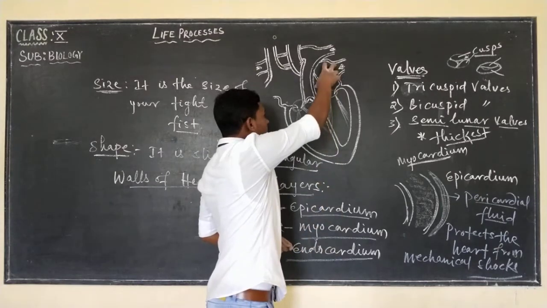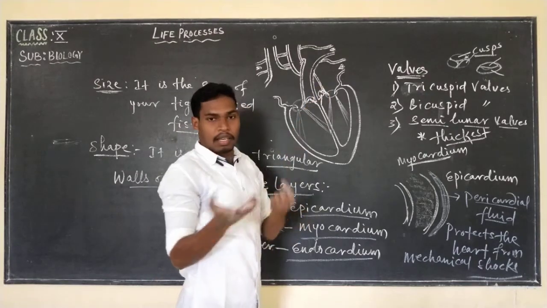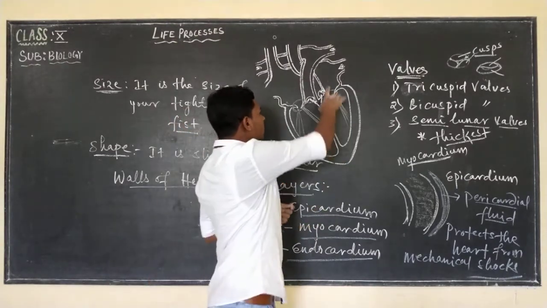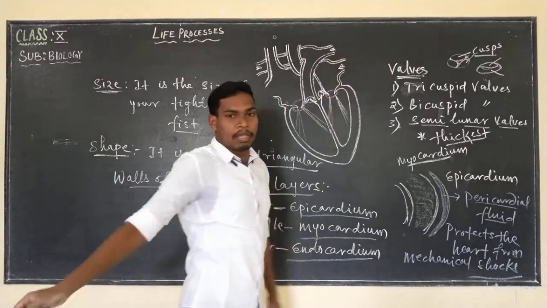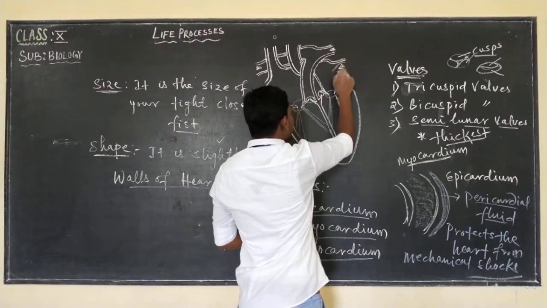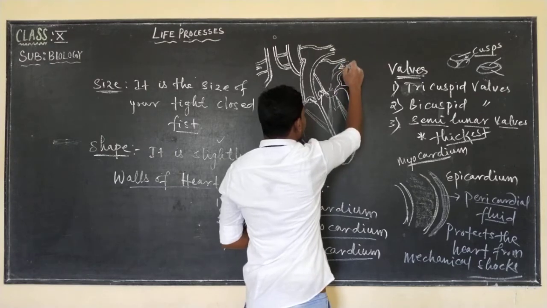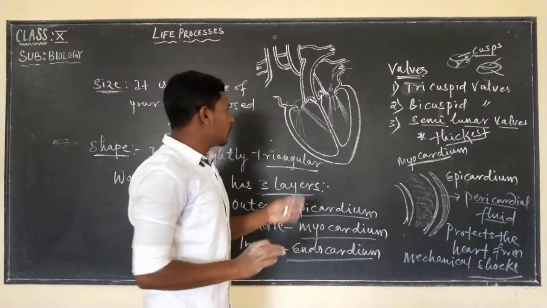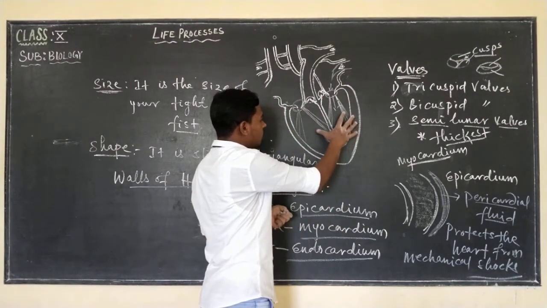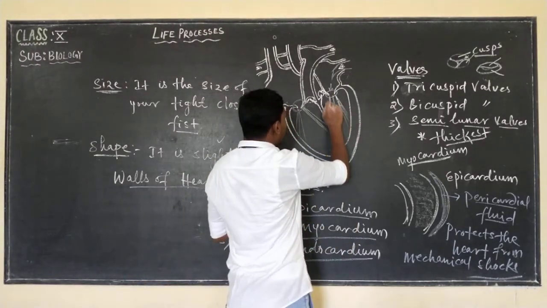atrium. And when it collects the oxygenated blood, when it is in relaxed condition, then when the left auricle contracts, it is going to pump the blood into the left ventricle. Okay, this is how the blood flows. It is collected from the lungs. Now, when it collects blood, when it is in relaxed condition. Okay, when this left ventricle is going to contract, the blood flows towards